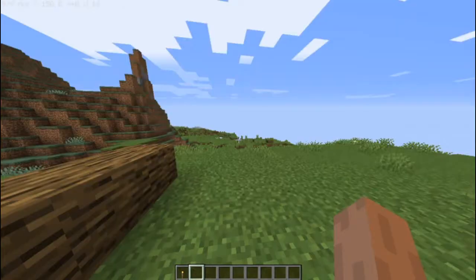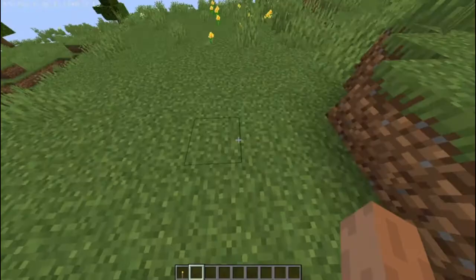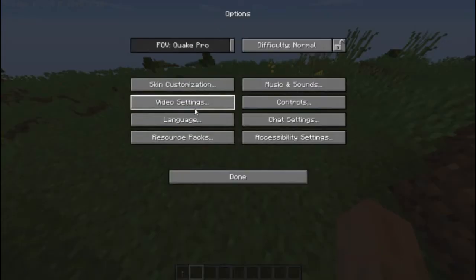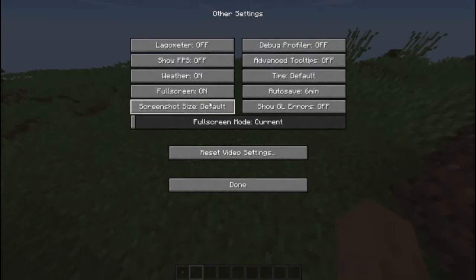You can turn it off, and you can turn the weather on and off, full screen on and off, and you can set auto save, so then it will save your world every few seconds, stuff like that.